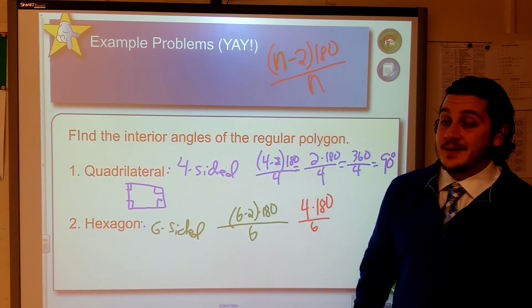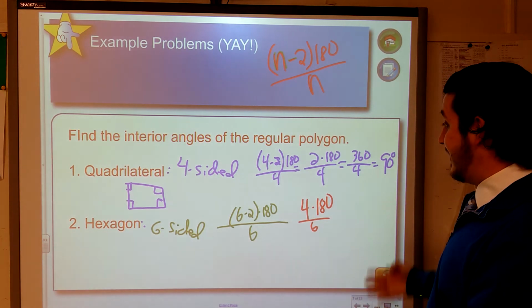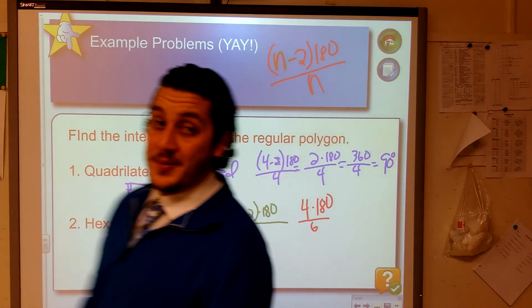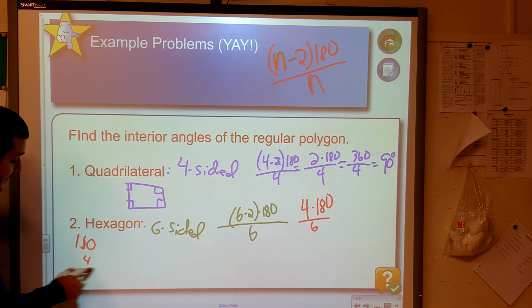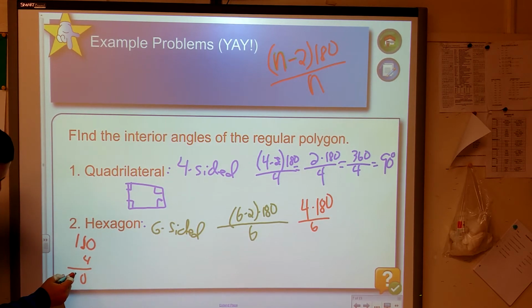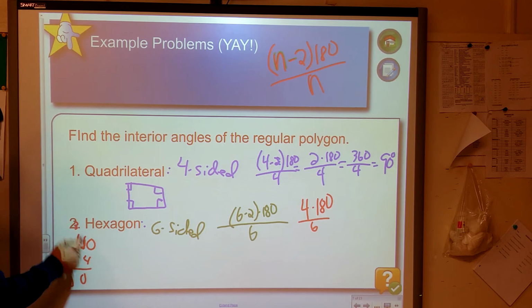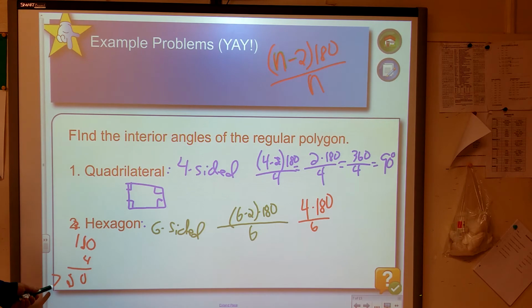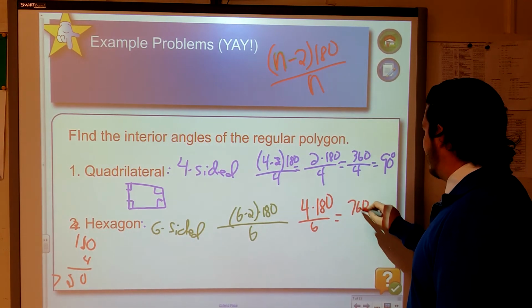Now we've got to figure out, we've got some big math to do here. If you don't have your calculators on, it's okay, because you can just do the math here on the board. Well, you can do it on your paper. I'm going to do it here on the board. So 180 times 4. What's 8 times 4? I'm actually drawing a blank here, 32. 4 times 1 is 4, 4 plus 3 is 7. So 720, man, this board is way off here too. Alright, so then that gives us 720